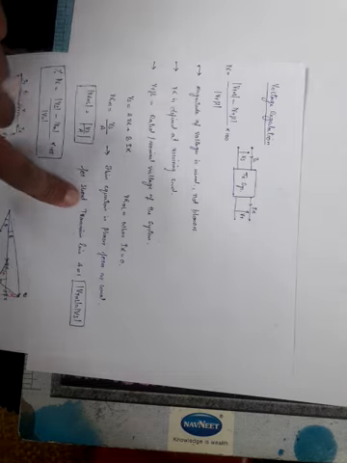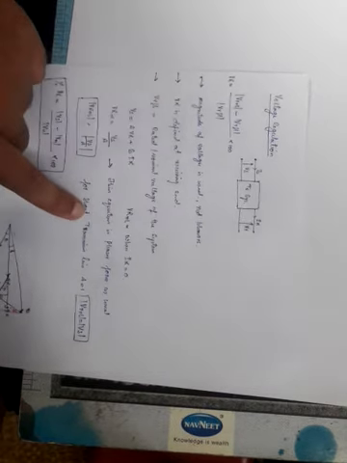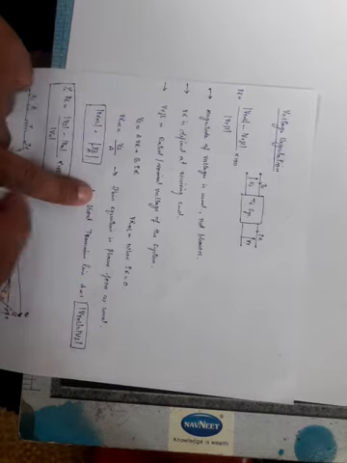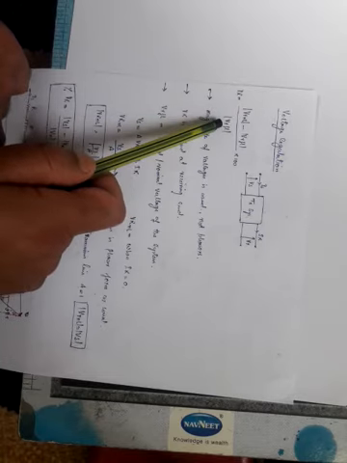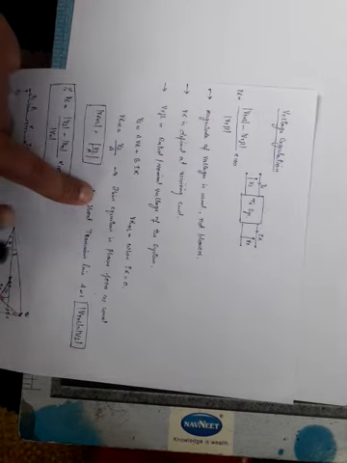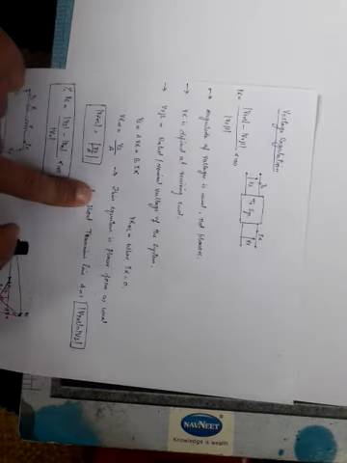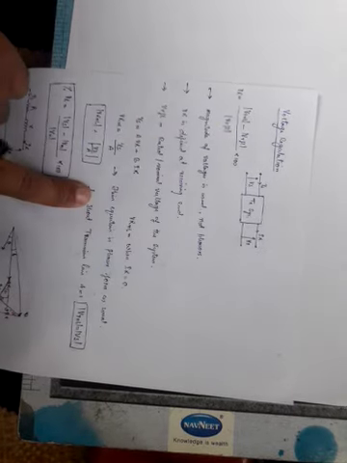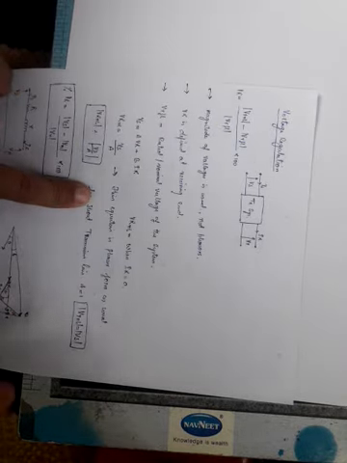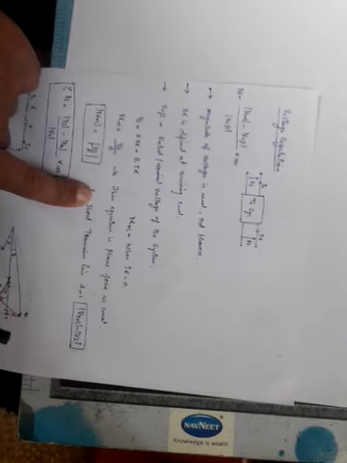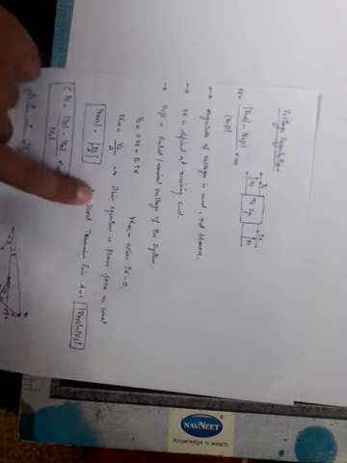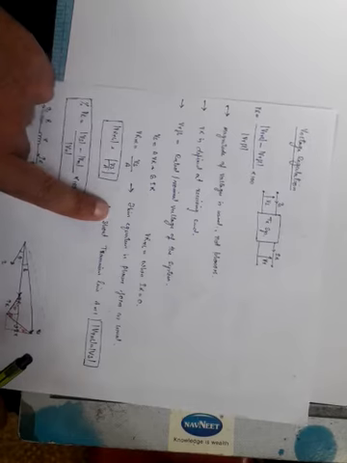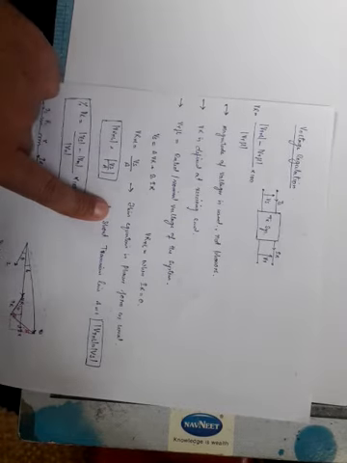There are certain important points before we calculate the voltage regulation of a certain circuit. The first important point is that all of them, that is no load voltage and full load voltage, are magnitudes of the voltage, not the phasors. So first we calculate the phasor for no load voltage or full load voltage. We calculate it by using phasor addition, phasor subtraction, or in general phasor algebra. And after calculating the phasor voltage, we take only the magnitude.